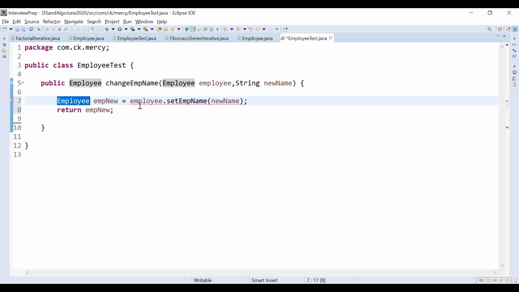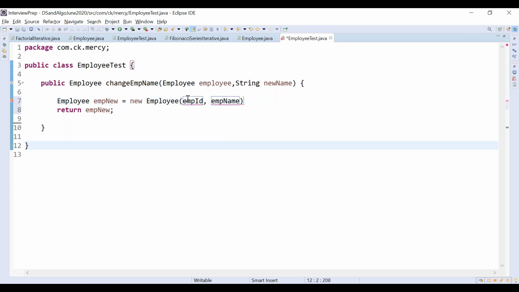So let's say I'm creating a new employee. Let's say my new employee would be of type 1 and the employee name would be of, let's say, some